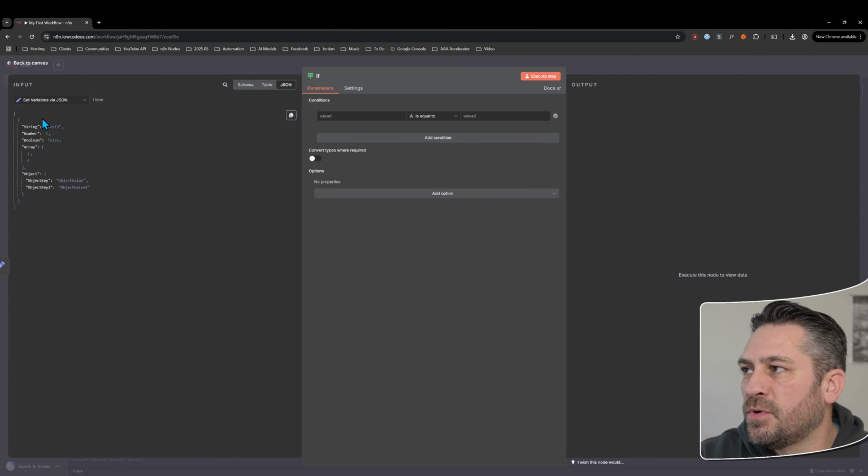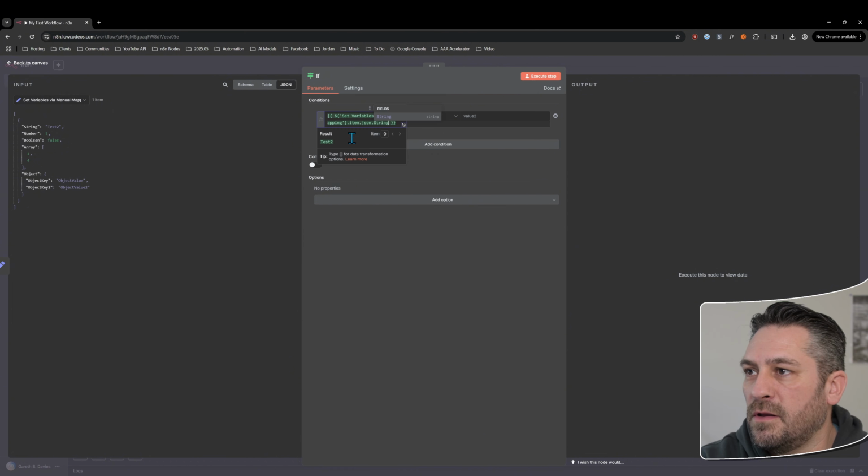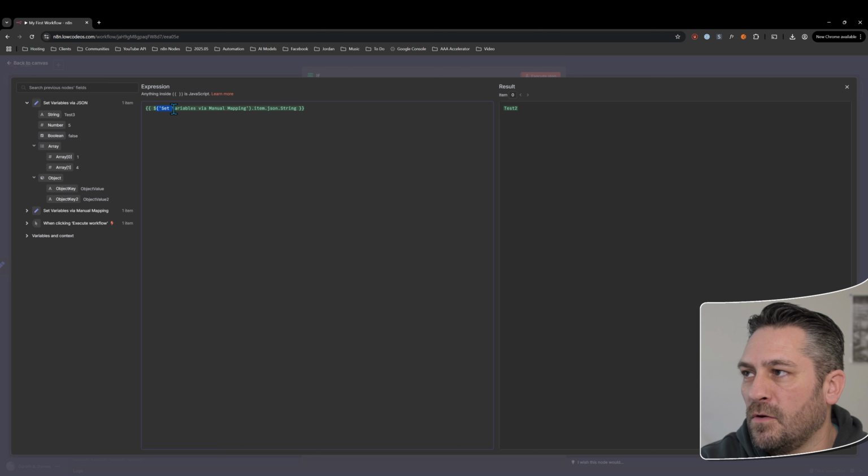And so we can use the previous nodes that I've got here that is just setting some data. So for one example, we can just drag and drop string in here and say, let's use the variable JSON.string. So JSON here just refers to the previous node only. If we wanted to jump back and use an earlier node, I remove that and drag and drop that one in. You can see that it uses not only the full name of that node, but then also